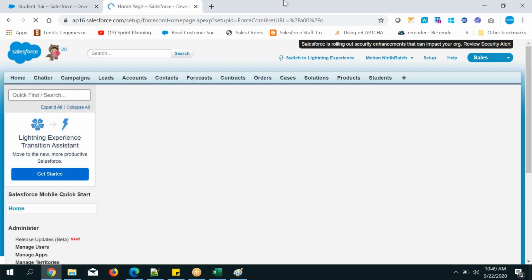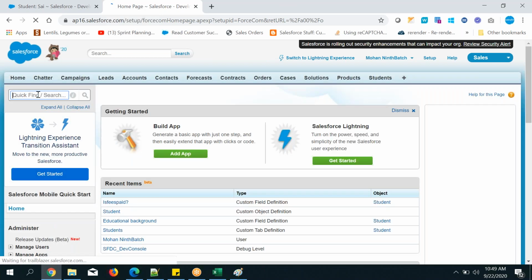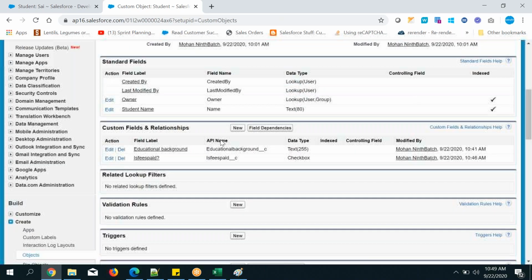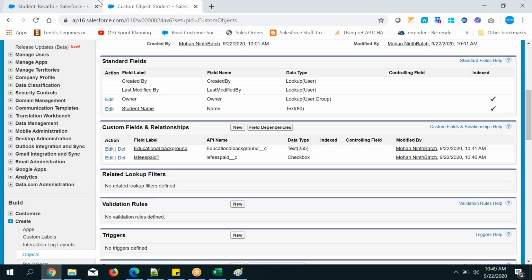Okay, and one more thing I will show you. Let's go to the students tab. Let's open any one record, and what is this? From where are these field names displaying? Can anyone say? Sorry, forget about the standard ones. Just check the two custom fields. From where are these names displaying? From these fields. So open this one and open this one. From where are the field names displaying here?